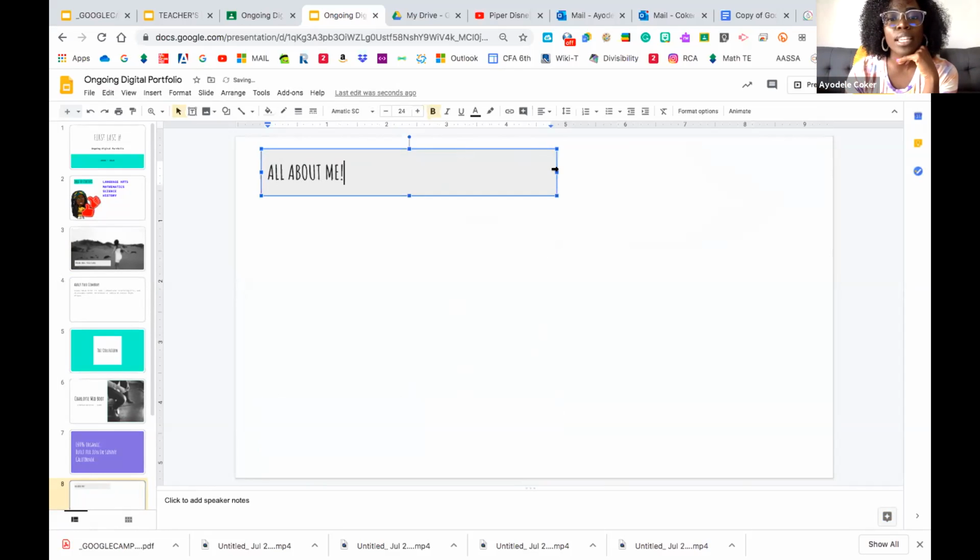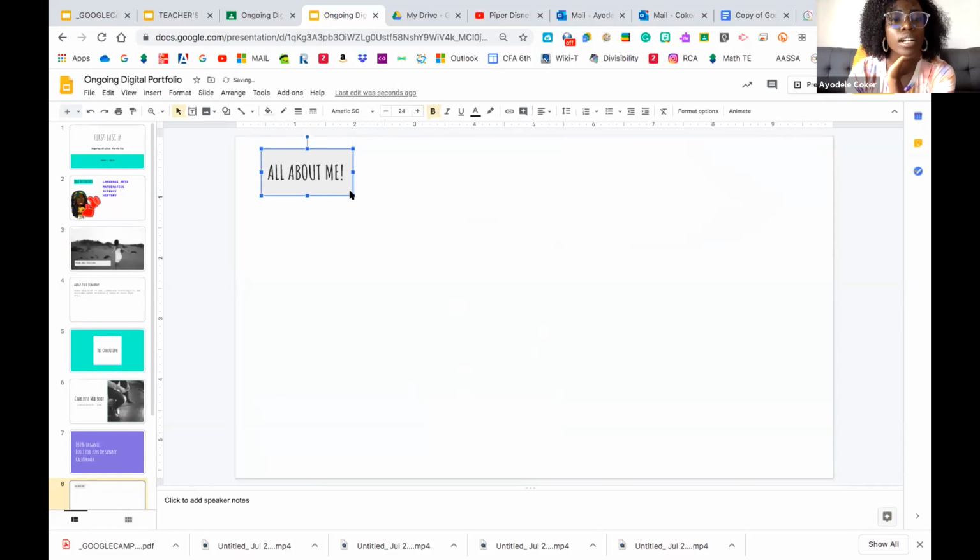All right, and one thing you always wanna do on Google Slides is drag that text box in so that it hugs the title a little better. Because then it'll interfere with other items that you add on that page. Okay, now sometimes you may want to give them some rules, and that's totally fine.